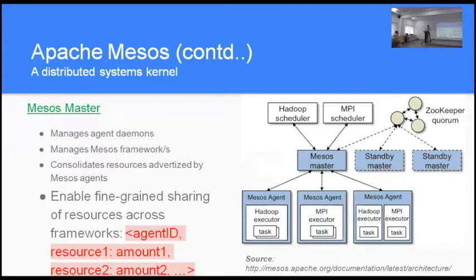So it'll give you access to fine-grained resources within nodes. It won't give you access to the entire node. And it will keep track that you asked for 12, it gave you 12 cores. If you try to access more, it'll kill your job. It also uses containers, or you can use well-known container technologies like Docker, and it will provide you resource isolation. So it lets you share a particular node or set of nodes with multiple applications, and it's providing the underlying technology to keep applications separate from each other.